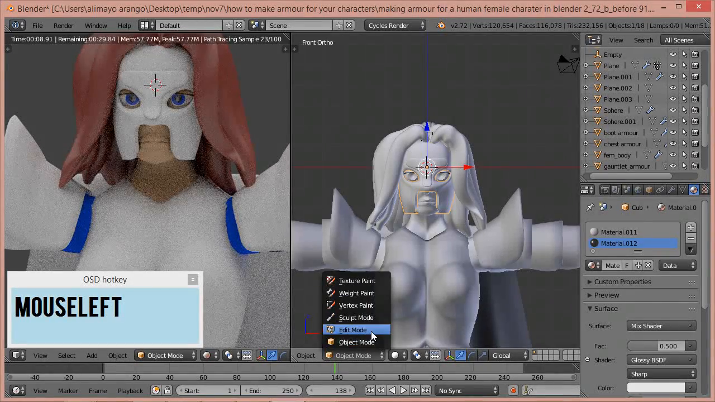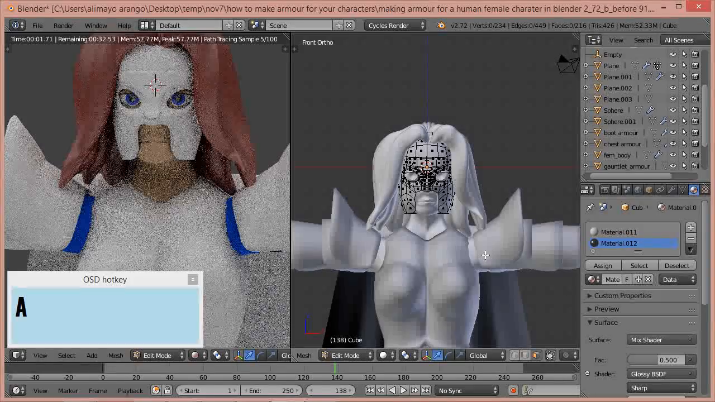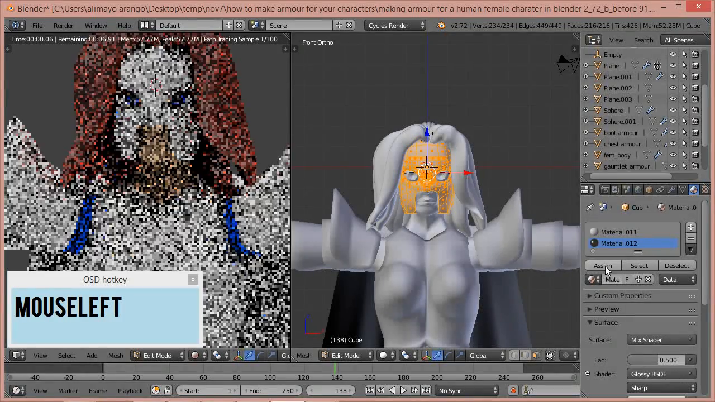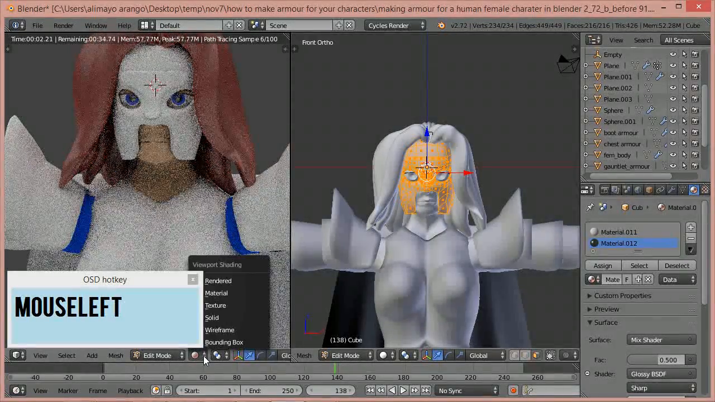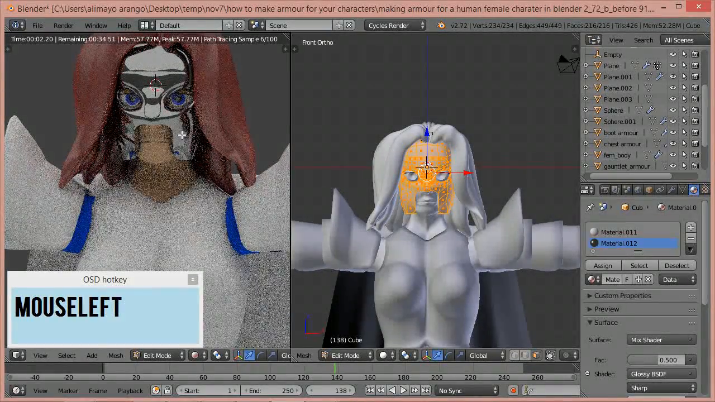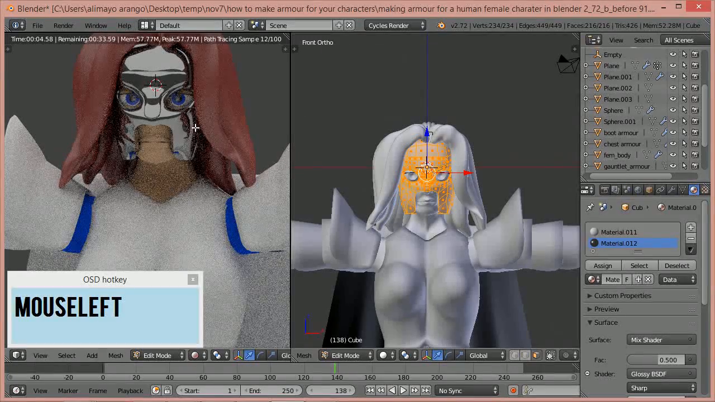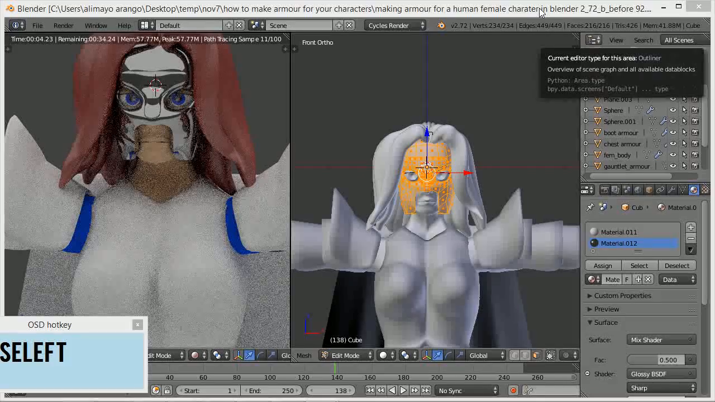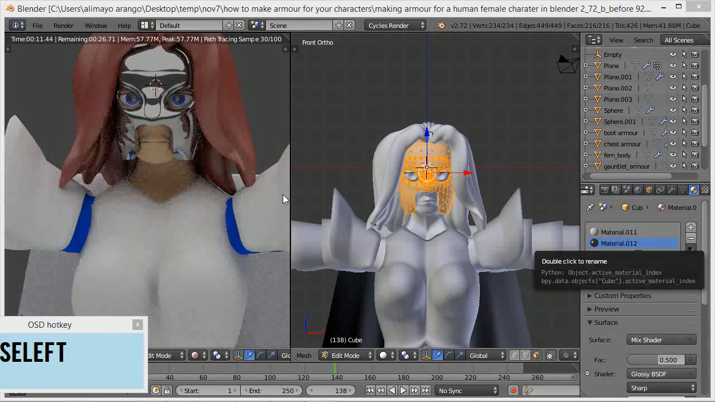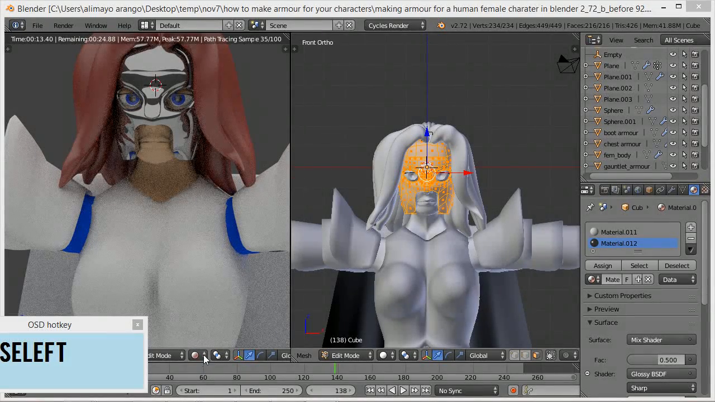Click edit mode, hit A, and then with that color all set up, I'm going to select the sign. I'll click here, select rendered, and there you can see my material put on there. Okay, now with that material on there, remember this is material number 12. Okay, so what we're going to do is click here,